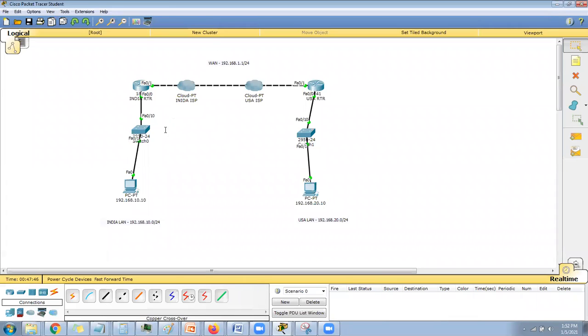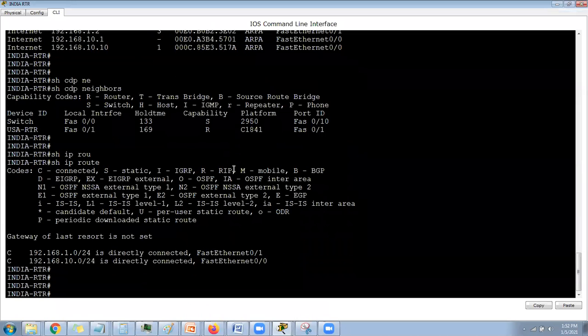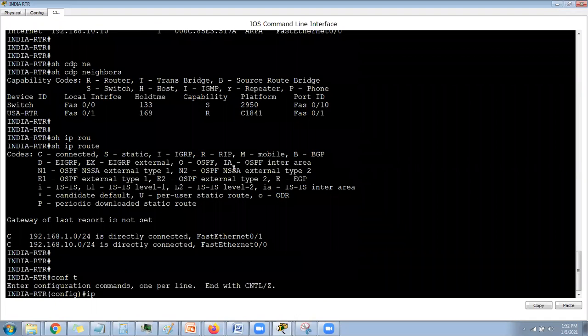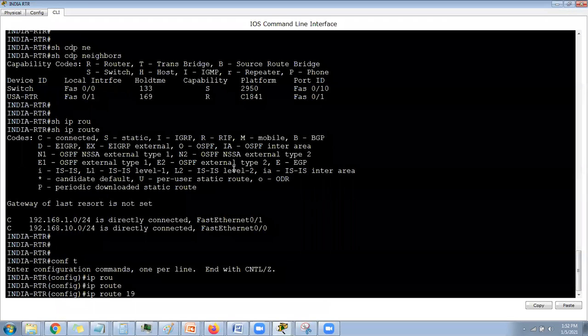Static routing is, manually you need to go to the India router and say, if anyone wants to reach 192.168.20.0, they can reach via this next hop. See, remember the next hop. Next hop is very important. So I'm going to the India router and defining that. Config terminal, IP route 192.168.20.0